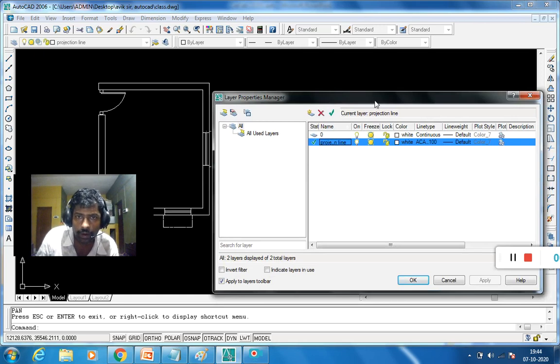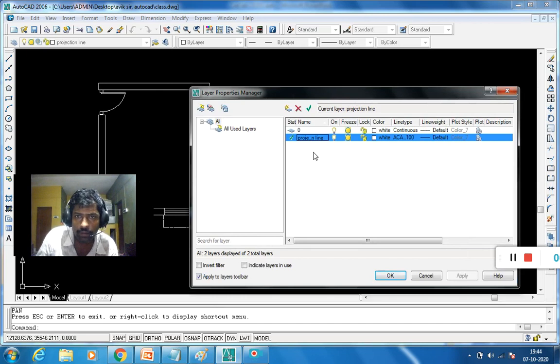You can create different layers, using different colors, line types, and line weights.